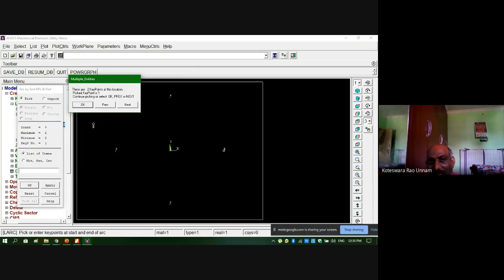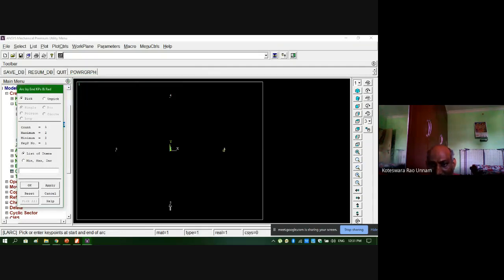See here you have given 3 options. So now at the same location you have 1 and 5. Right now it is selected 1. If you are satisfied, if you want to select only 1, then click OK. Or else you go for the next. If you want to pick 5, you need to click next. So since you want to select only 1 here, I'm satisfied with that selection, then I'll click OK. Then I'll select the other end. So that is key point 2.